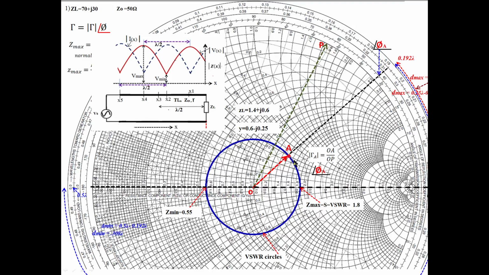So as we were discussing, if you know this value, that is the load value, like this is a given load, we can draw the VSWR circle like this. Or even if we know the VSWR value, like 1.8 here in this case, we can draw the VSWR circle, because as we saw, VSWR is an impedance value. Z maximum normalized is the VSWR value, so it lies on the VSWR circle.